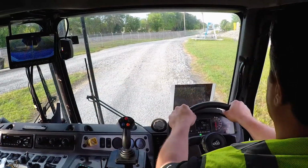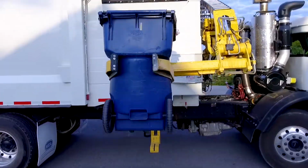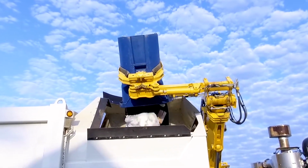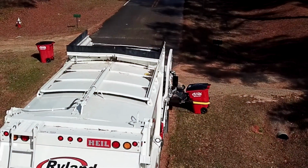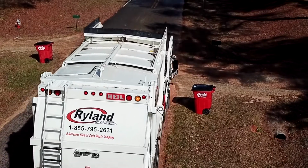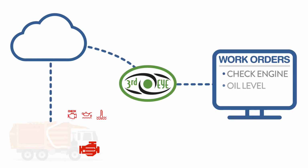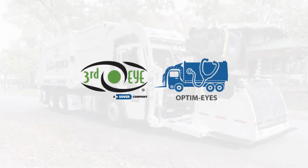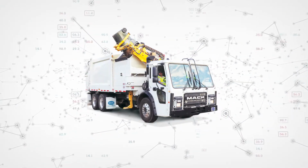It's important to note that all route and vehicle data collection is passive, so that the driver can focus on operating the vehicle safely without having to shift focus to either take images or input route collection information. Engine data is run through analytics for predictive maintenance, where open work orders can be automatically sent to a fleet's maintenance system based on vehicle fault codes via Third-Eye's Optim-Eyes module. With over 1 million data points generated per truck per day,